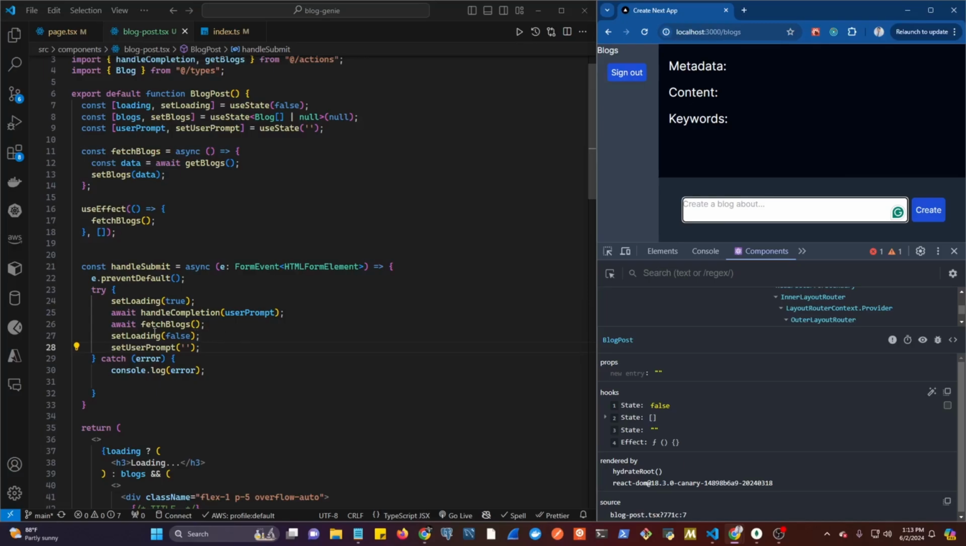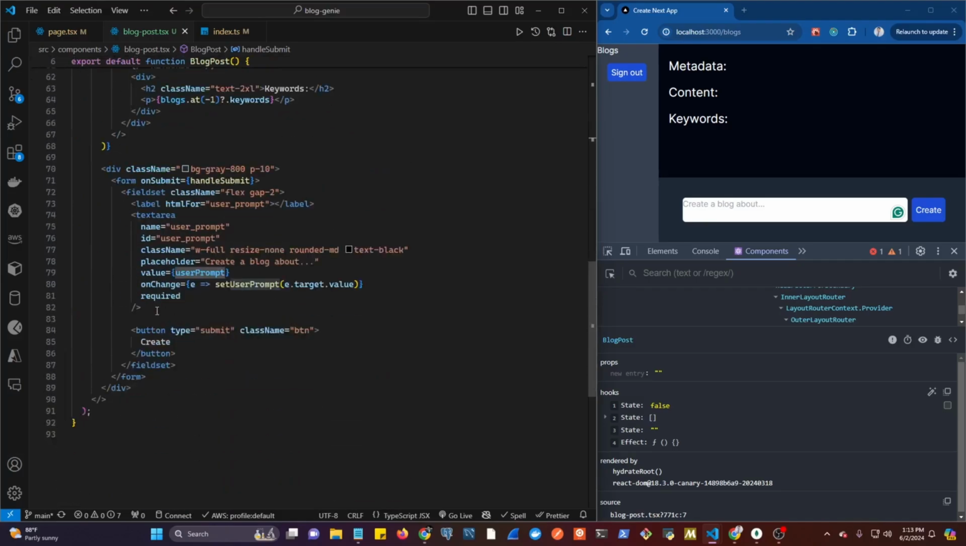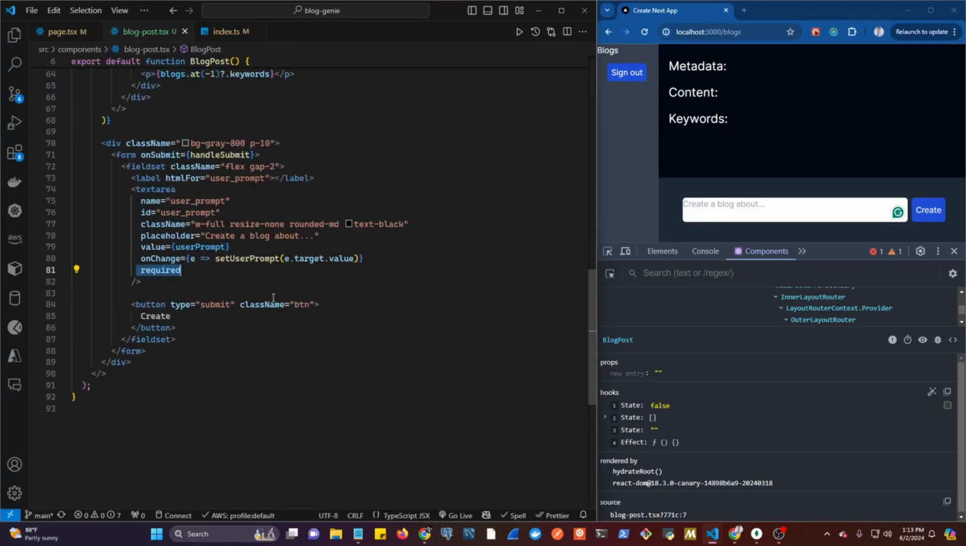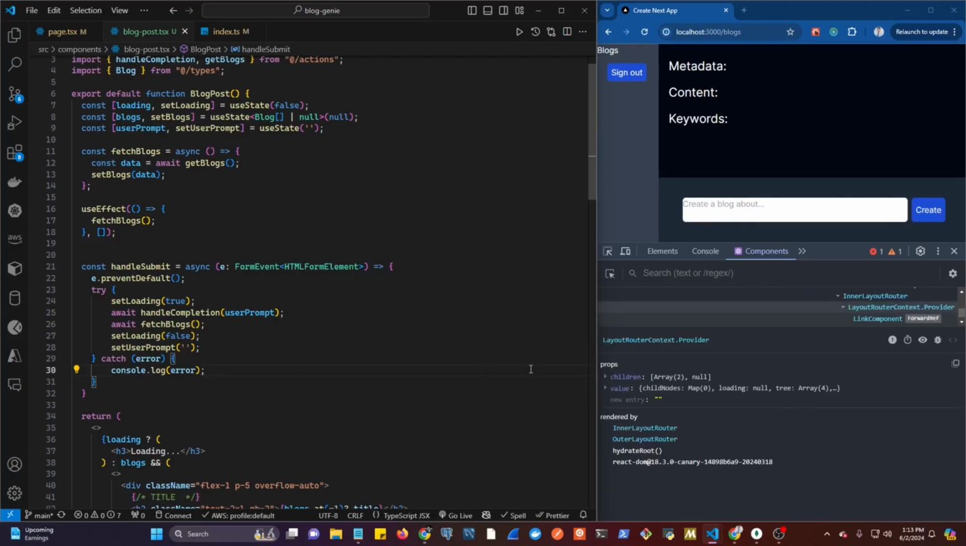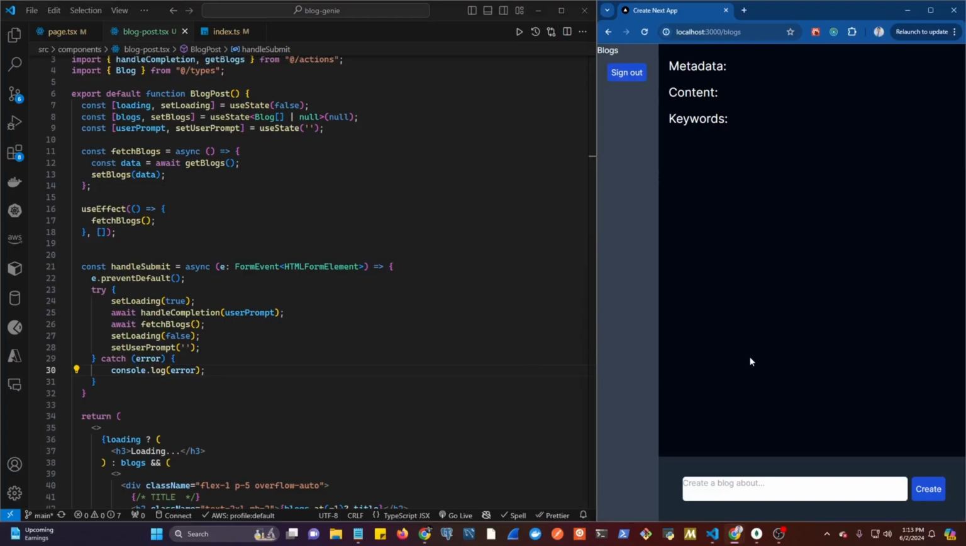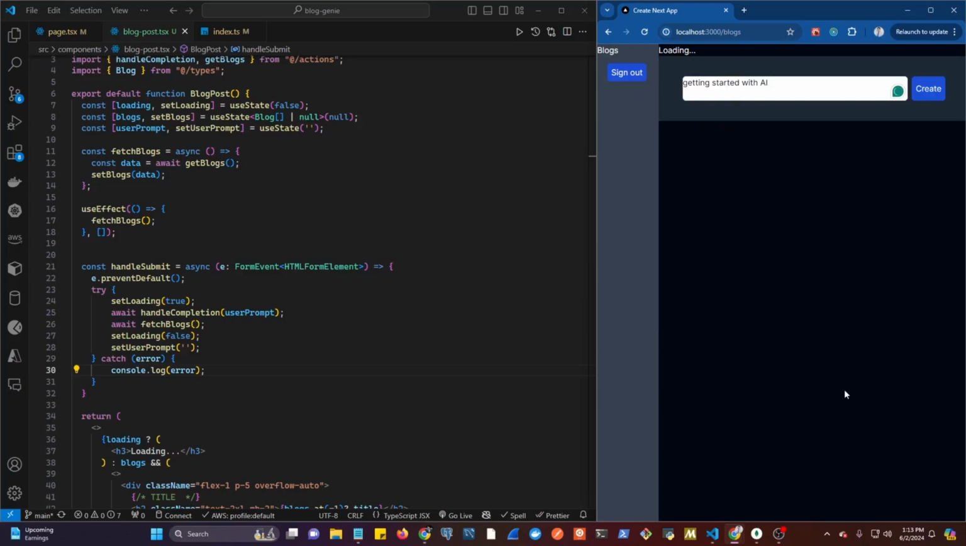So we could do a little bit more validation, making sure we have the user prompt that is not empty. We do have a required here now for the text area, but we could do a little more there if we like. I'm gonna keep it just like this. Now let's do a little bit of testing here. So let's say create a blog about getting started with AI and create. Right now we got the loading message here,